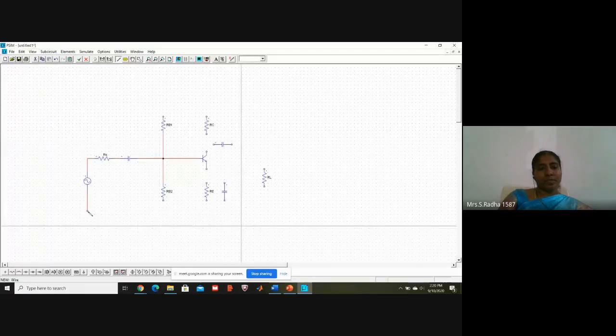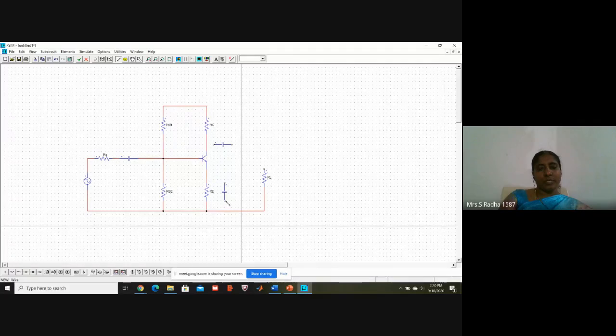Wherever you want to change the direction, just release the mouse. Again change direction, continue. Collector terminal to resistor, emitter terminal to RE resistor, and this will be grounded, connected to the ground point.